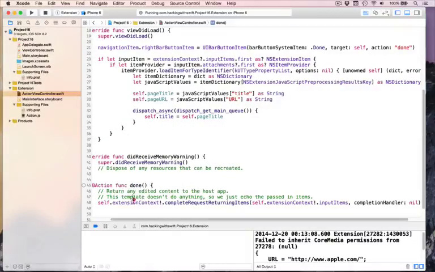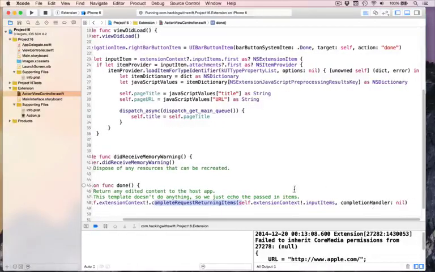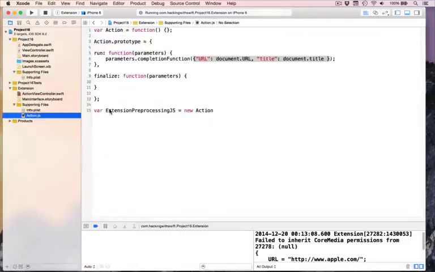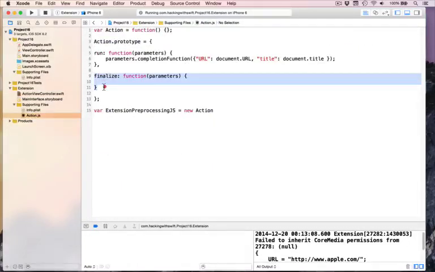And right now it has one line of code: self extension context force unwrap complete returning items, and so on. And all it's doing is just passing back the things that were passed in. So whatever you receive, it passes back, which is a good enough test, but it's not good enough to make the thing actually work. Calling this method here on the extension context terminates our extension, hides it again, and returns back to the parent app. And when that happens, action.js will have finalize called on it, with these parameters being whatever you passed back